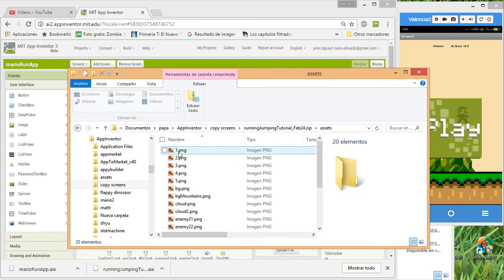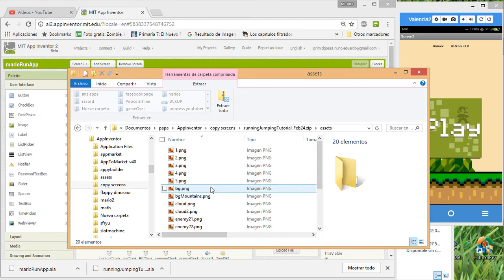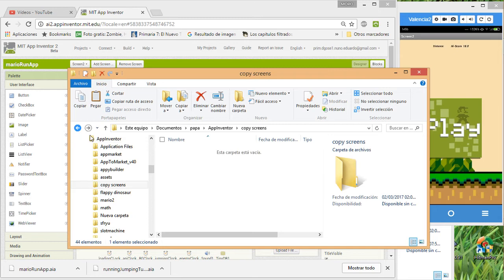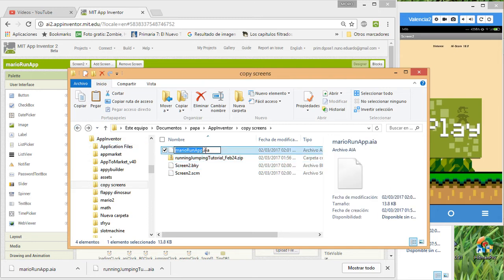Assets, check the assets folder. We have everything, all the images and this, and I forgot to copy this. In this case, nothing happened in my app because I have the cache, but if we remove the cache, we couldn't have any image or anything. So that's why we are going to copy this source file to the Mario app. We are going to rename it again to zip. We say yes,